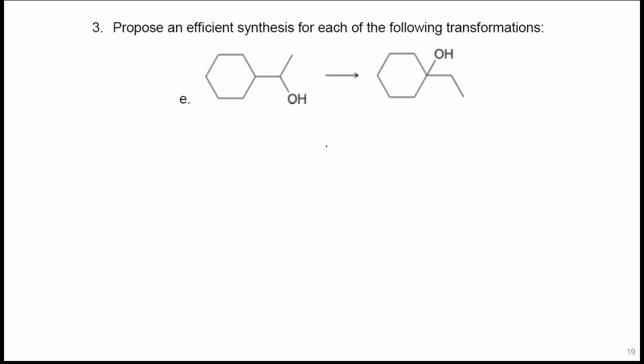All right, this next one here, we're looking for transformations, and we're just switching OHs. So our OH is switching. All right, so if we're doing a retrosynthesis here, I can make an OH from this alkene, which in a couple steps I could get from here. So there's a couple of ways to do this particular synthesis.